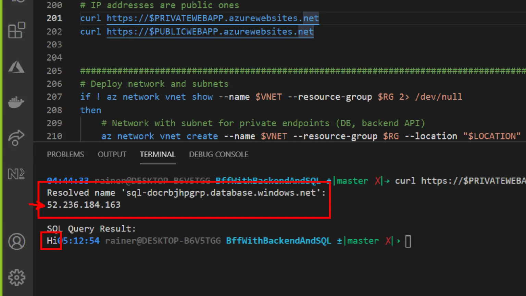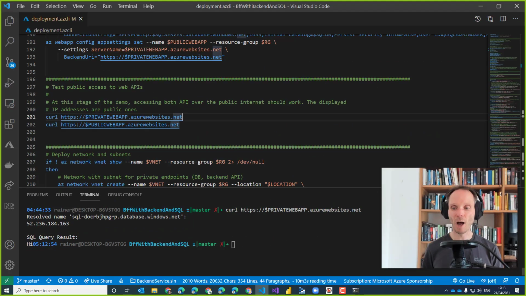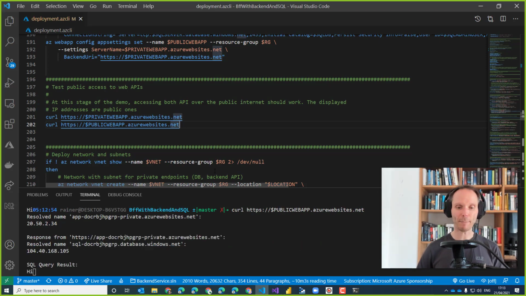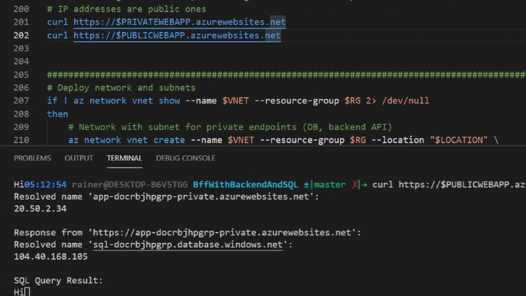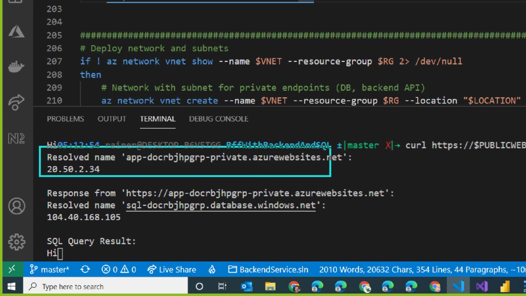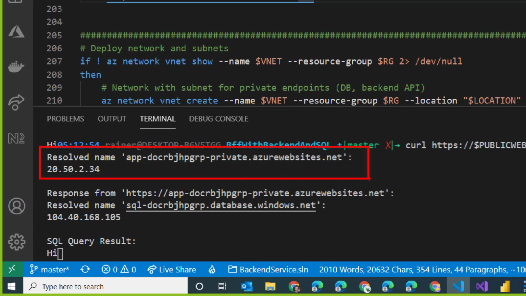This is running over the public internet, not perfectly true. It's running in the public Azure networking infrastructure, but it's running kind of in the public internet because the services are accessing each other over public IP addresses. Now let's take a look at the public web app. The public web app, the second one, does the following operations. First, it returns the IP address of the backend API.